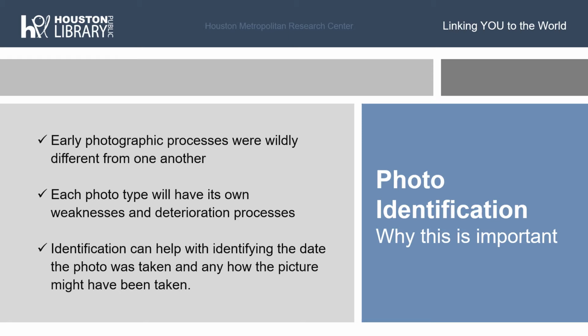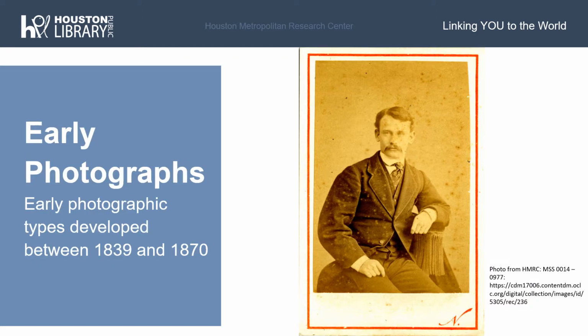Being able to identify historic phototypes is also especially important for the long-term preservation of photo collections. Each phototype is different and will have its own unique physical and chemical deteriorations. Different chemicals that are developed onto different surfaces or supports will each react differently to factors such as age, light, or humidity. The first group of photos we will be discussing are the phototypes that were developed between 1839 and